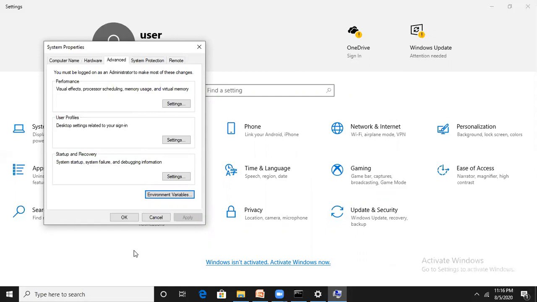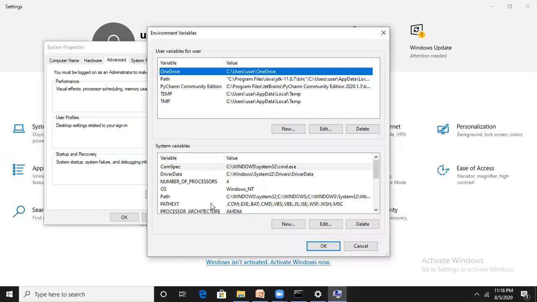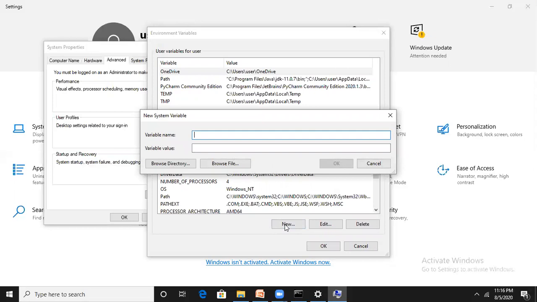Again you have to set one more environment variable here. Again click on Environment Variables. Now instead of Path, click on New. It will ask you for the variable name. Give the variable name in capitals, JAVA underscore HOME, and for the variable value again Control V, and now delete this bin.